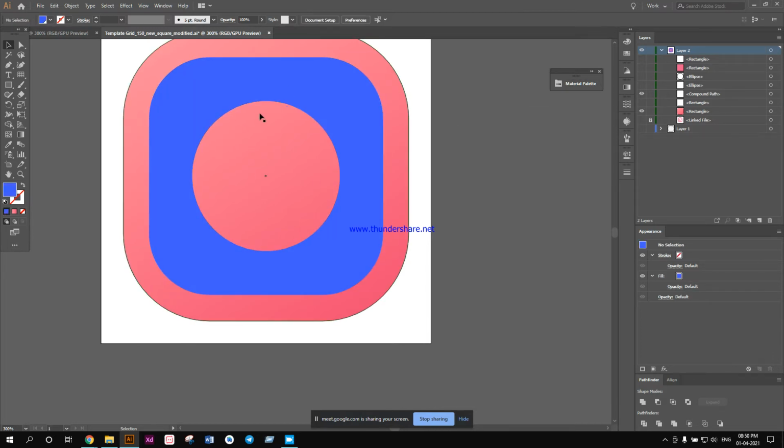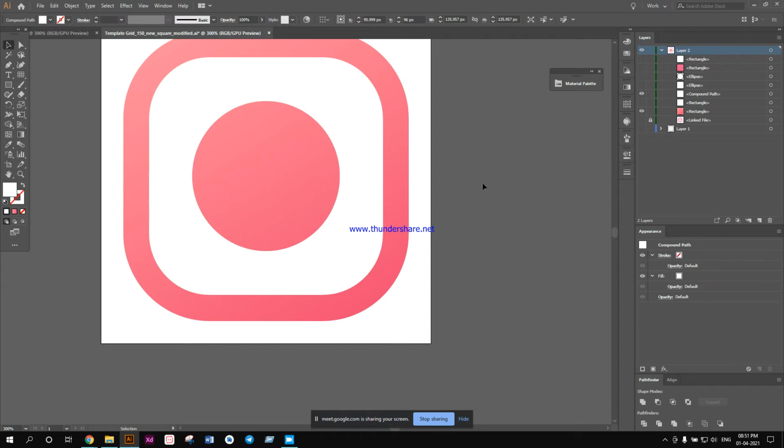The inner white part is gone. That's what a minus front does. So what does a minus front do? That object that will be in front will cut out that part from the beneath object, or the below object. So I had a circle and I had a rounded rectangle. The circle was in front, so the circle will cut off that circular part from the below rounded rectangle. So that's what I wanted. That's why I did this. Okay, now this will be like this.